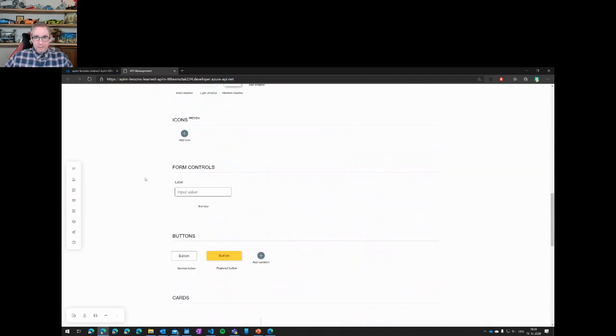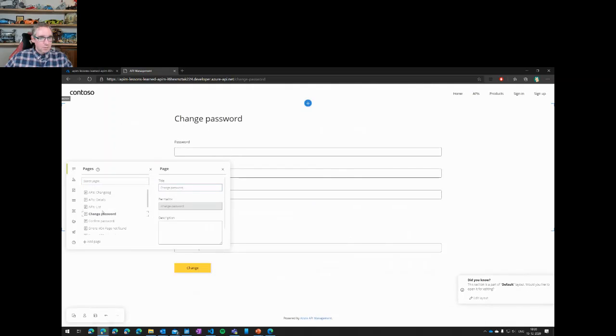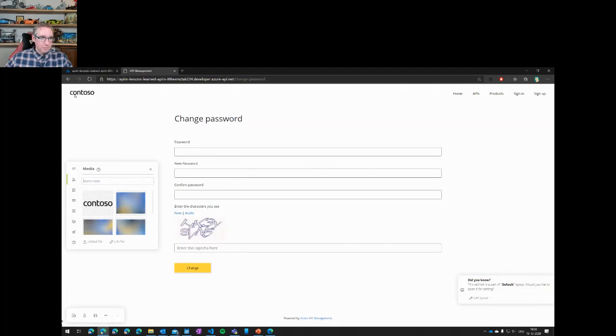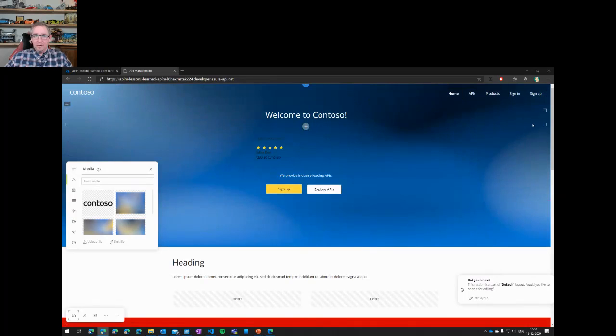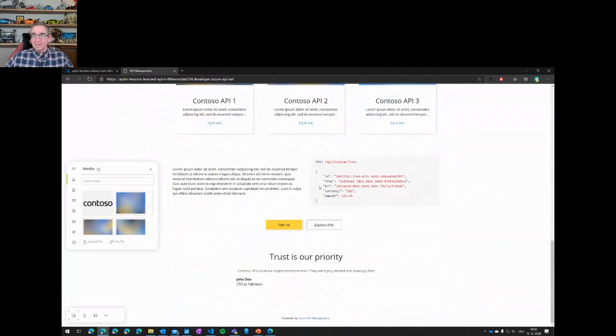I can then, let's see, I'll just go back. Oh yeah, so as you can see, I just have to go back over here to, how did I get back? Sorry about that, I forgot how to actually, I should be able to just, there it is. It was control click. So as you can see, it now has changed my primary color to red.